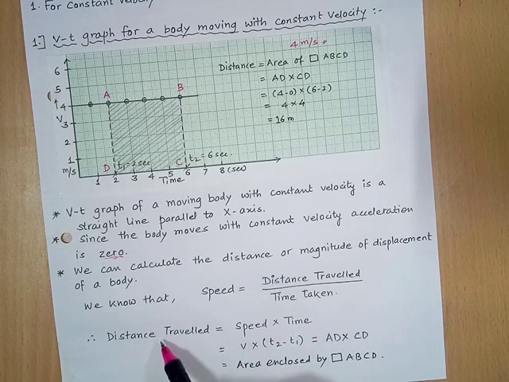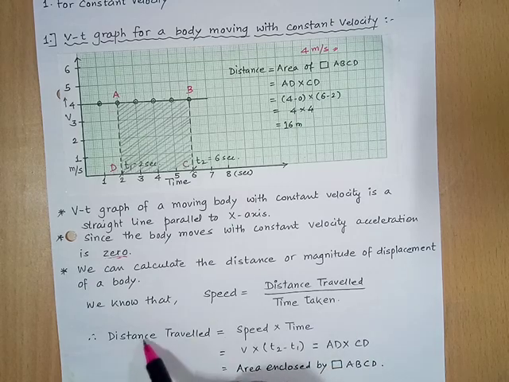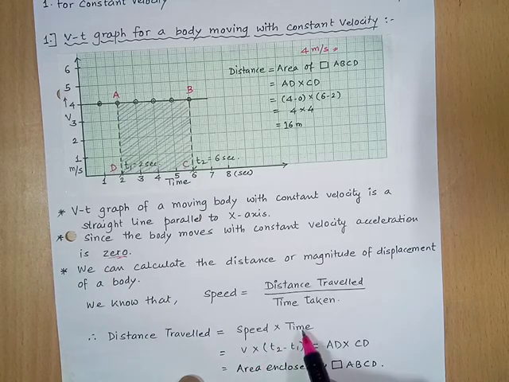Now if this is the magnitude of the displacement, then I have to consider the velocity here. There is a difference between direction, that is the vector quantity, and the scalar quantity. That's why distance traveled is equal to speed multiplied by time. However, displacement can be found with the help of velocity and time. So here I can represent the speed with the velocity v multiplied by time.